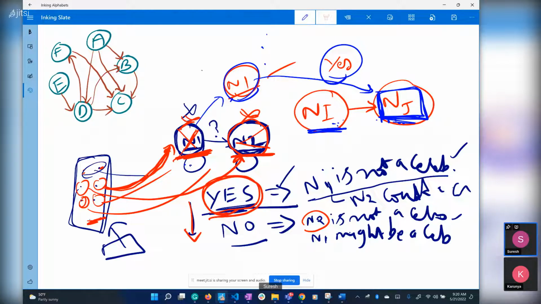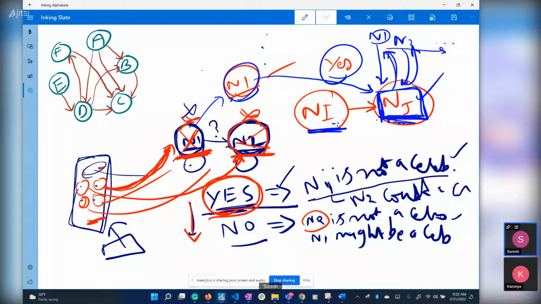And at the same time, we will ask the same question for n1, n2, n3. Do you know nj? And does nj not know n1? Do you know nj? And does nj not know n2? We will ask the same question to make sure that everybody knows this node j, and node j doesn't know anyone in the list. That is the check we need to do